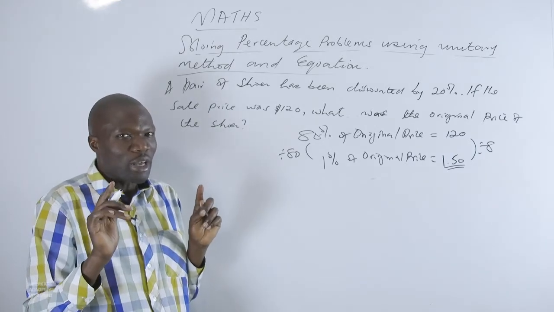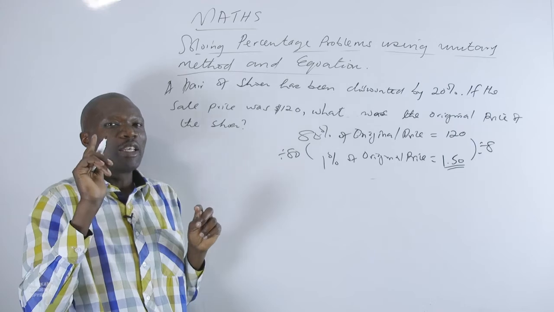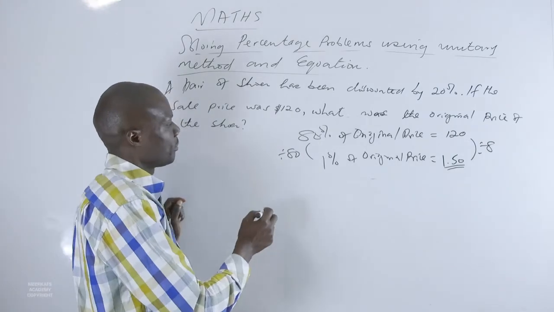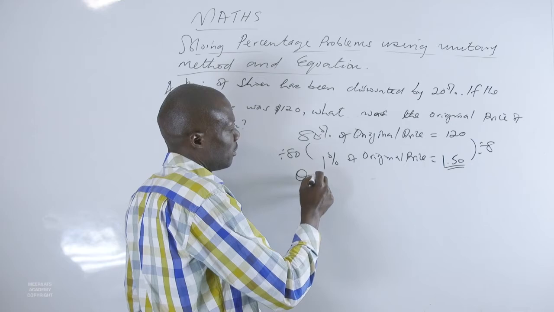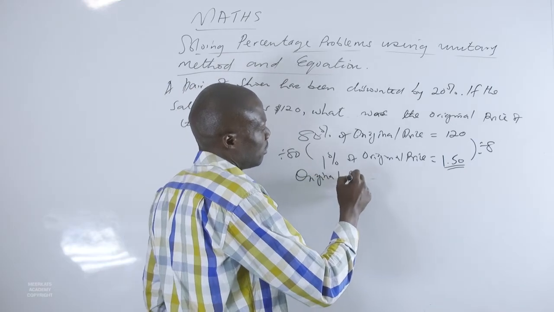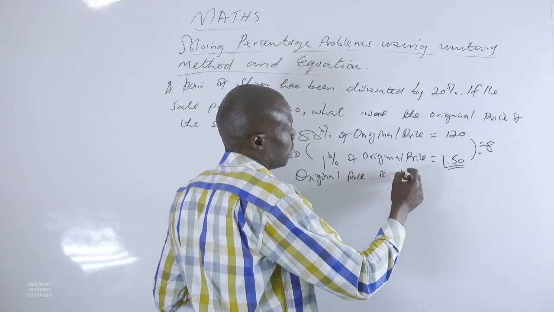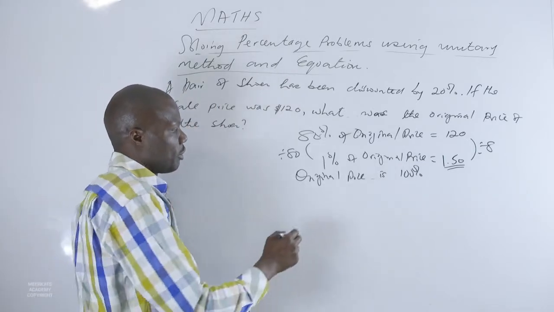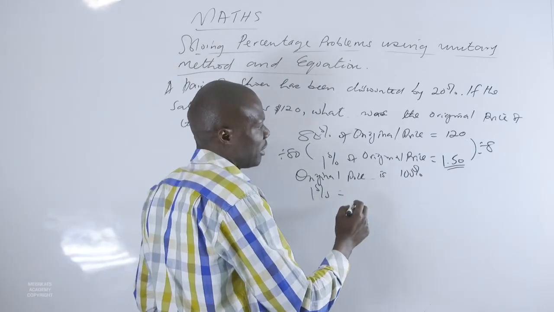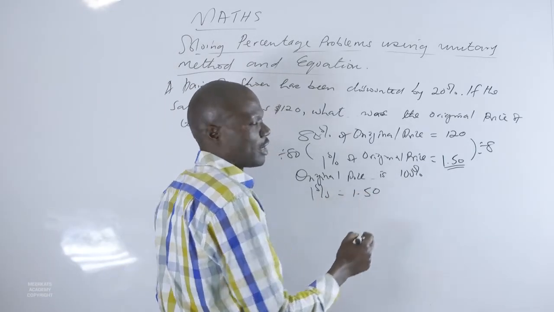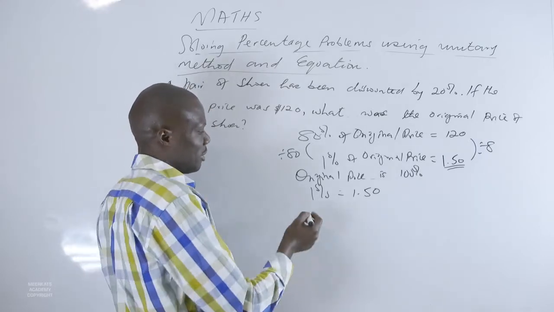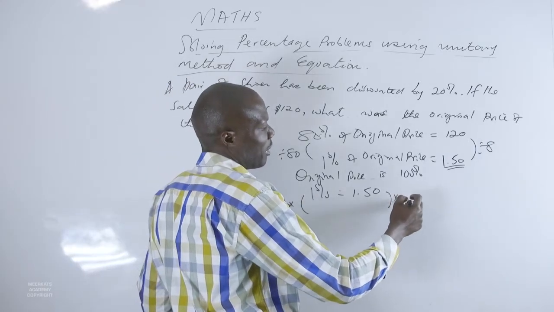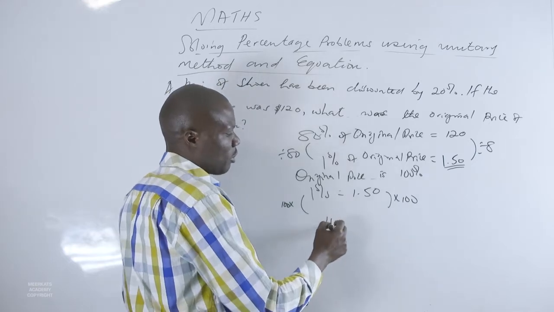And the original price of the shoes is 100%. Therefore, if 1% is $1.50, how about 100%? We multiply by 100 here, multiply by 100 there, and you find